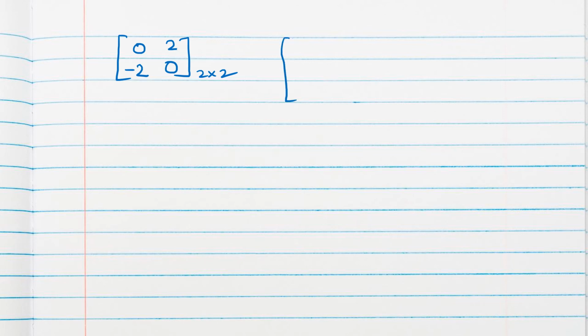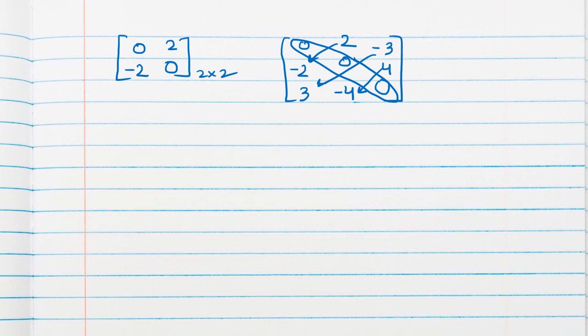Now for 3 by 3, write diagonal elements first, 0, 0. So if here it is 2, here it should be minus 2. If here it is minus 3, here it should be 3. If here it is 4, here it should be minus 4. Okay, the additive inverse of these numbers will come here. So this is matrix A, matrix B. You can verify, you can take A transpose and then minus A transpose. That matrix will be equal to this. B transpose, minus B transpose will be equal to this.